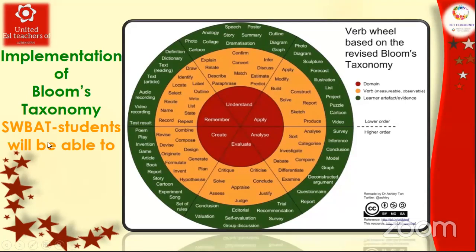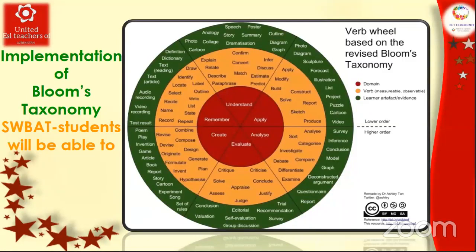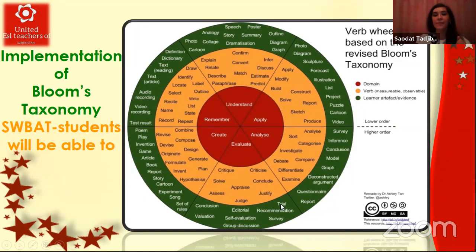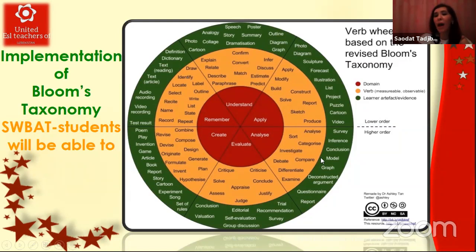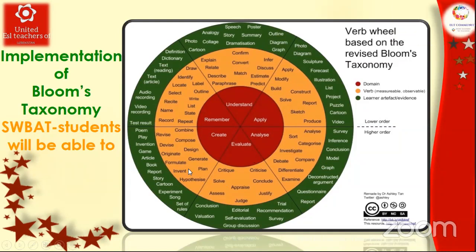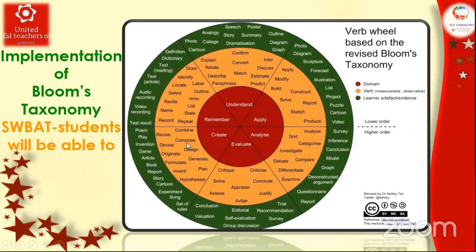So rights of women, right? Yeah, the rights of women. Students will be able to... choose any... identify the text. Okay, here you are choosing from remember. Now let's turn to higher order ones. Okay. Students will be able to compose. Okay, compose. Where is compose? Here, right? In create. Yeah. Compose and criticize